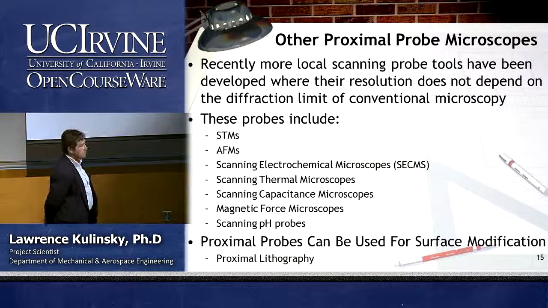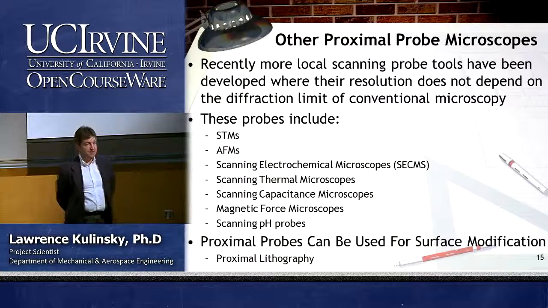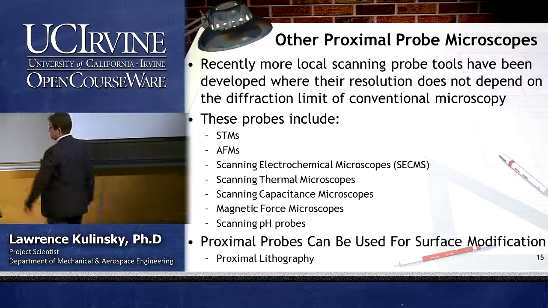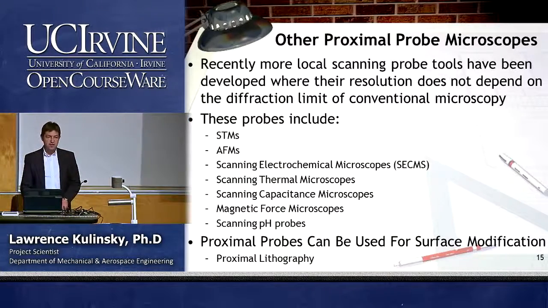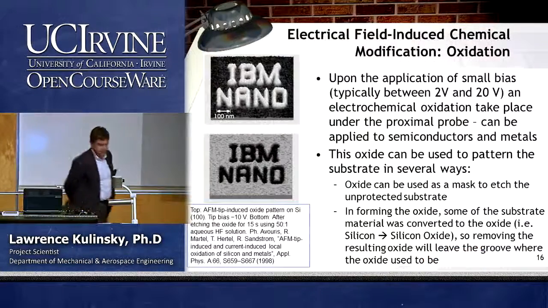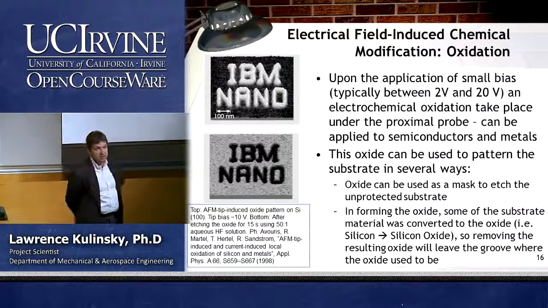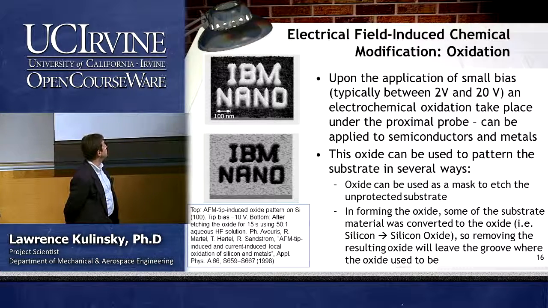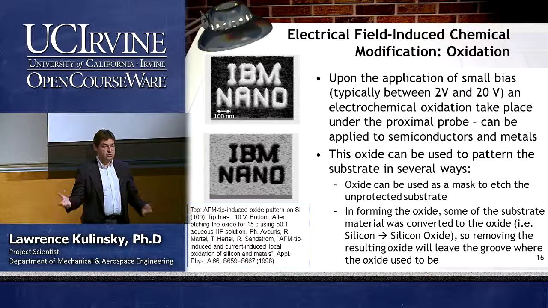And the key for the rest of today's lecture is that those proximal probe tools can be used for surface modifications. So they're actually tools for micro and nano fabrication. So the first one, we will talk about electrical field-induced chemical modification. The simplest one is oxidation. So as you know, you have,